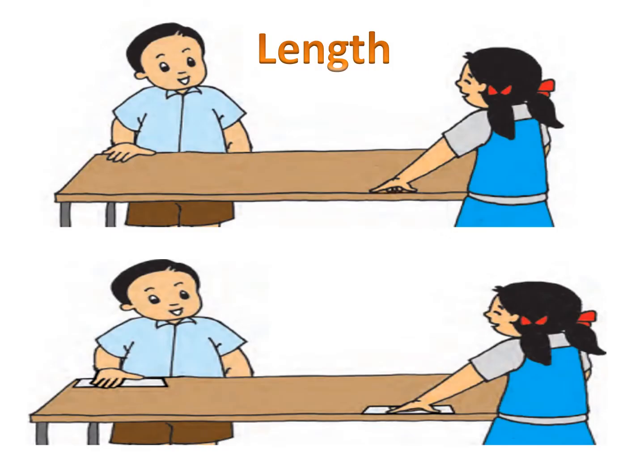Now children, let's go on to learn our textbook, page number 35. Length. Thai told Nandu and Sonu to measure the length of the table. Nandu says, the length of this table is 11 span of my hand. Sonu says, the length of the table is 12 span of my hand.